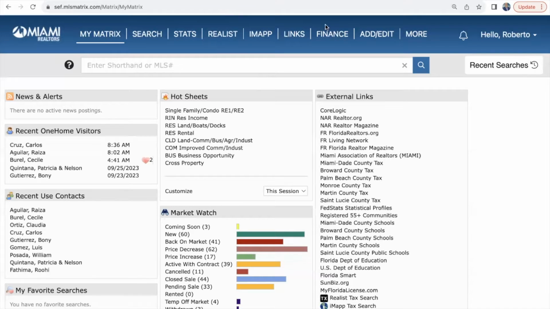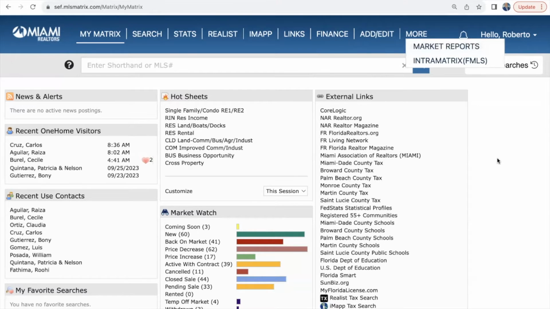All right, then all the way to the right, there is an add edit button. That's where you go to add your listings. Also, where you go to add photos for your listings, and where you would go to add an open house for your listings. So add edit is the feature that you will click in order to upload listings. Lastly, we have more. Here we have market reports, which is also part of our stats class that allows you to run market reports inside the MLS.